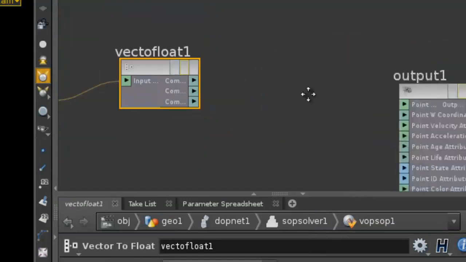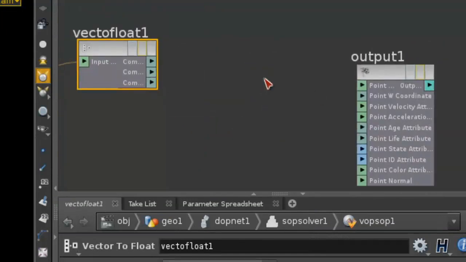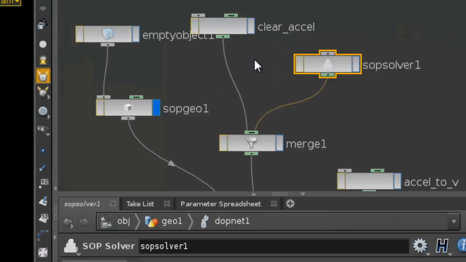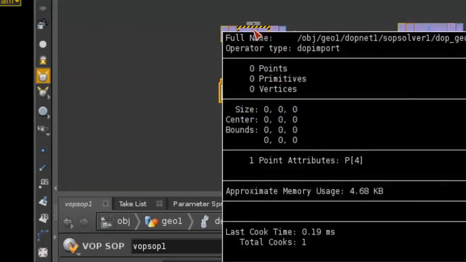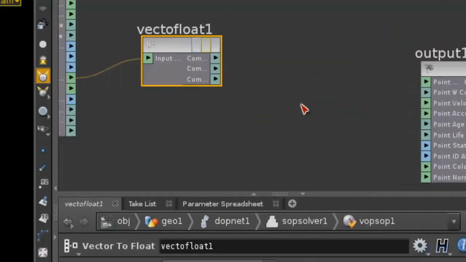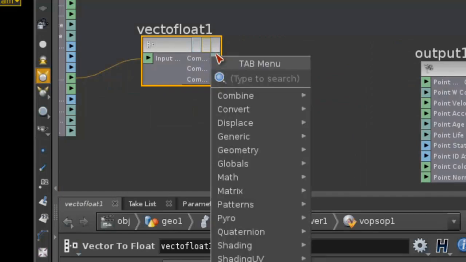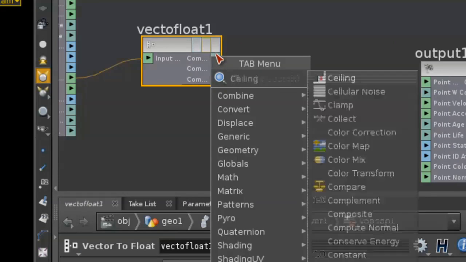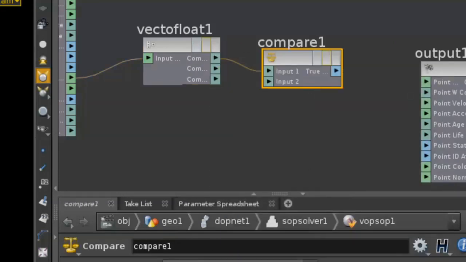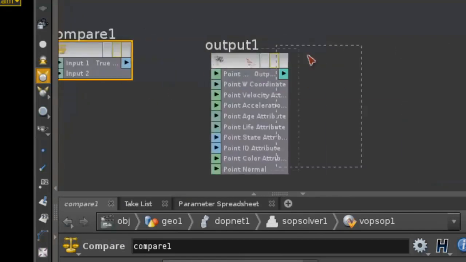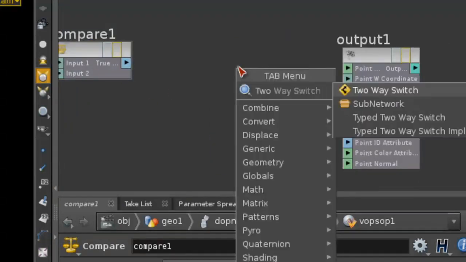And I'm going to use those colors to determine what type of particles I have. Because I have the, I don't know why it's not displaying it. But anyways, I have the red and the blue particles. So the red ones I want to have go upwards, and the blue ones I want to go downwards. So I can compare the red channel with 0.5. And if it's greater than that, I can use that to control a two-way switcher